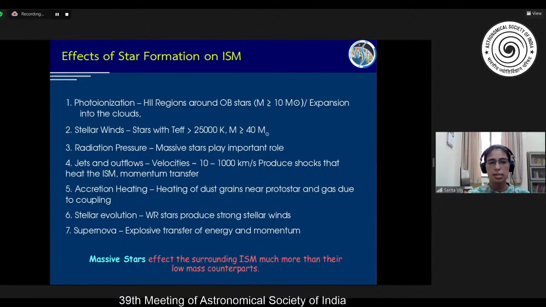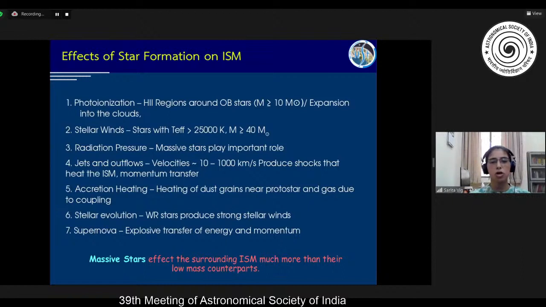Then one has the effect of the stellar winds, from massive stars whose mass is greater than 40 solar masses with effective temperature greater than 25,000 Kelvin. It is found that these can affect the interstellar medium in a significant way. Then we have the radiation pressure from massive stars. Then we also have the jets and the outflows, because this is the material which is given off in the earliest stages,